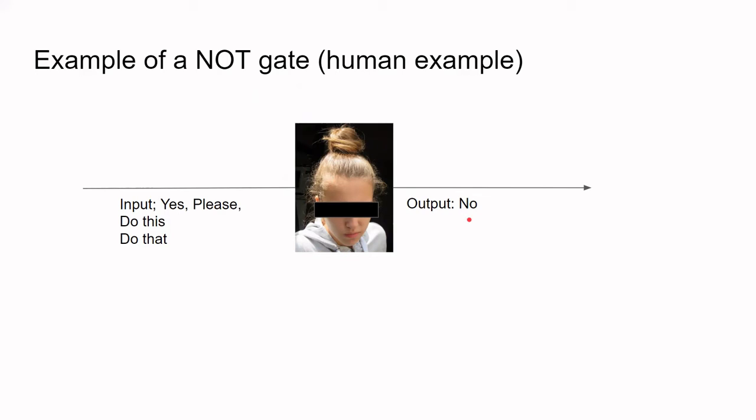The output will be no. So similarly, transistors are also used to create some logical gates. There will be some input received by the gate. Some logic will be applied, and then there will be some output. And then we put a lot of these logical gates onto a computer chip, an electronic chip, like a